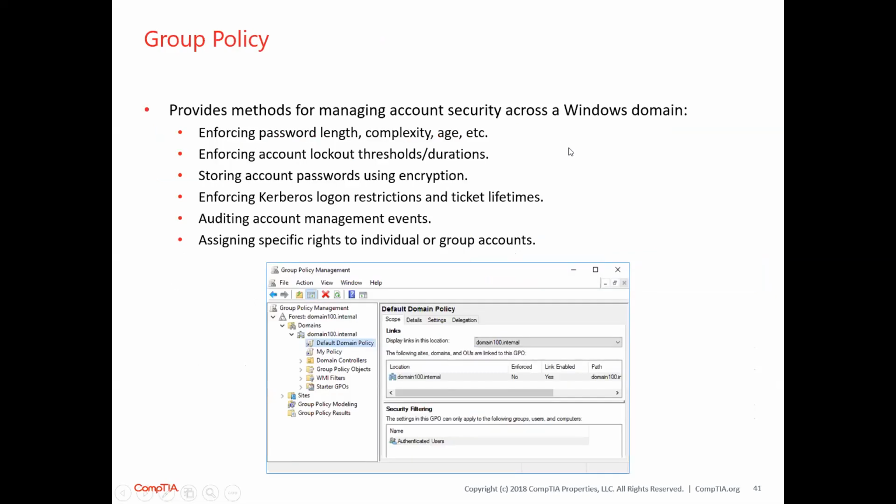Okay, then the group policy. Group policy by default is being used on Windows domain. It provides a method for managing account security across a Windows domain, like enforcing password length, account lockout, storing account password, enforcing Kerberos logon, auditing accounts, and assigning specific rights. So the group policy management is included on every